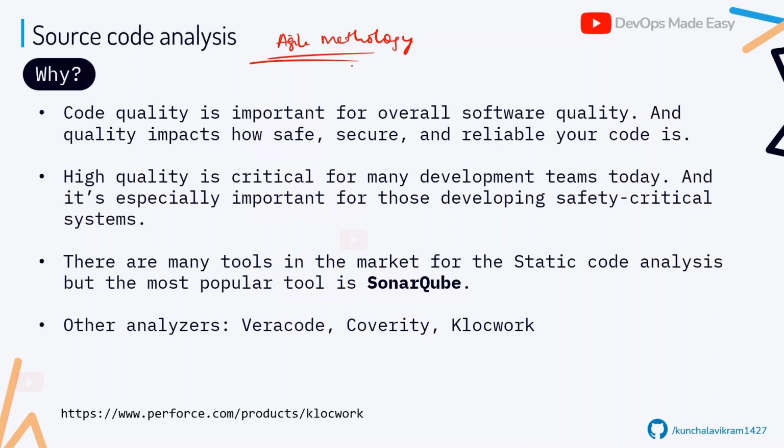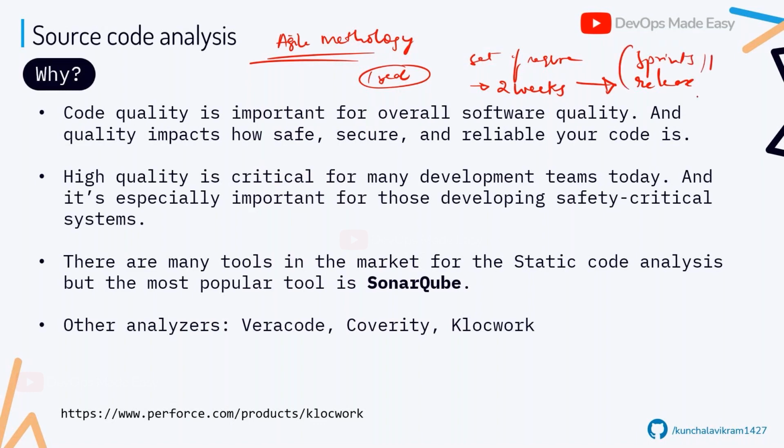We don't build our software spending one year. Instead, we take a set of requirements and we work on those requirements, let's say for two weeks, and then we release our software. These are called sprints. So every sprint, or whenever you are creating even a single feature,